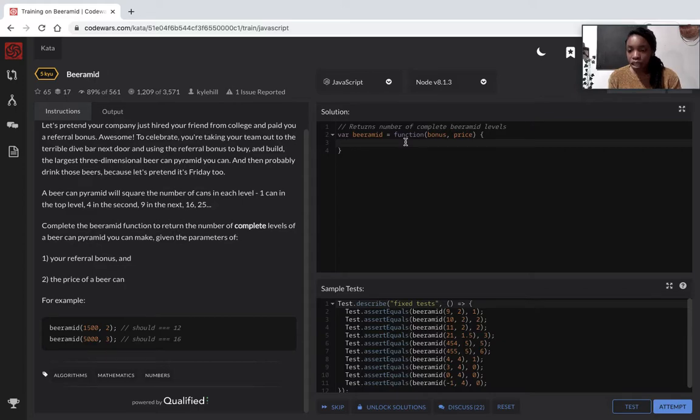We know that we're determining the levels by square root. Okay. So this is mathy, which is not a real word, but okay. So let's say, first thing we want to do, we want to look at